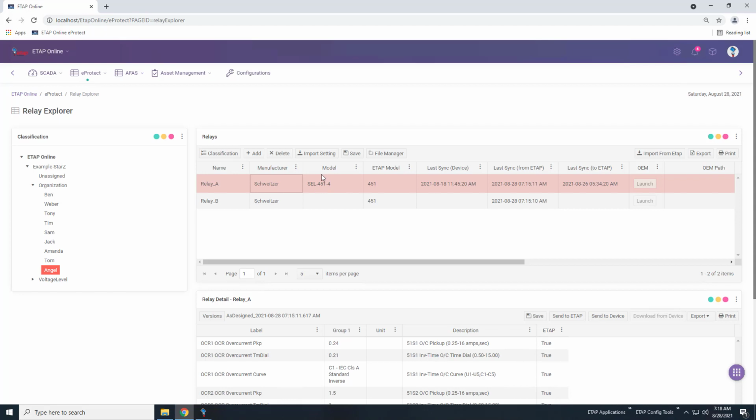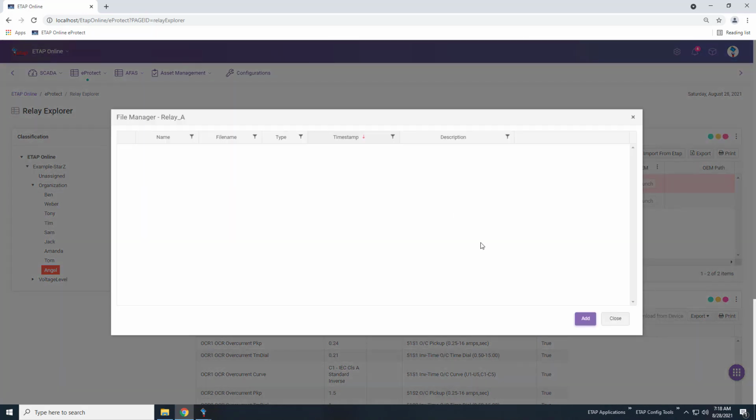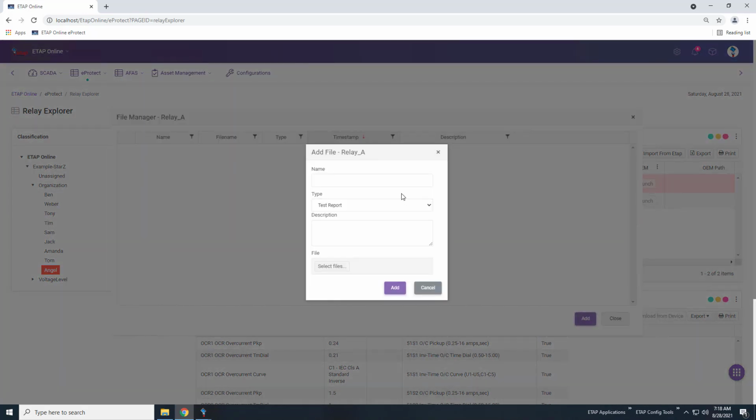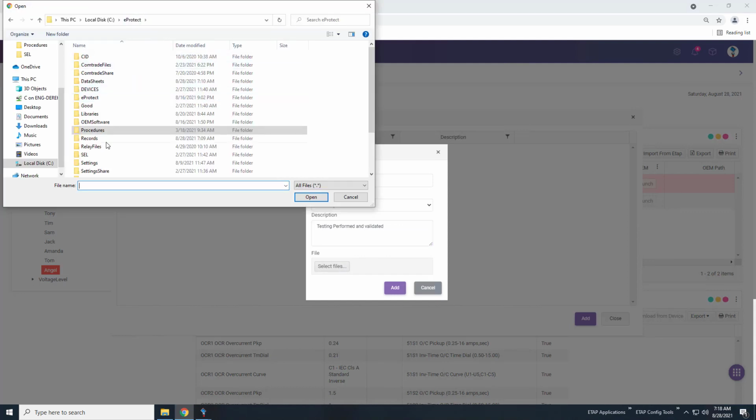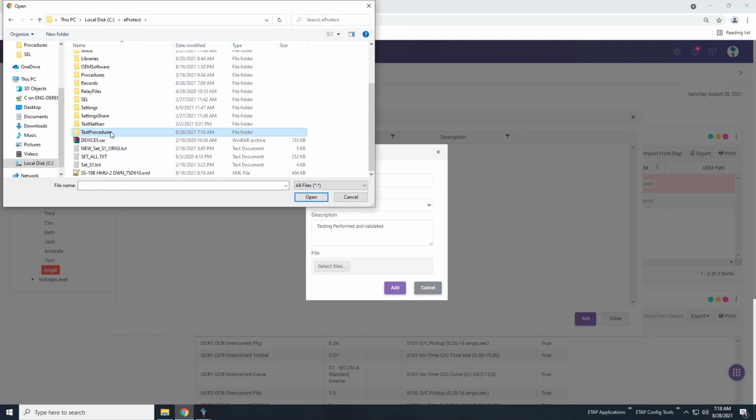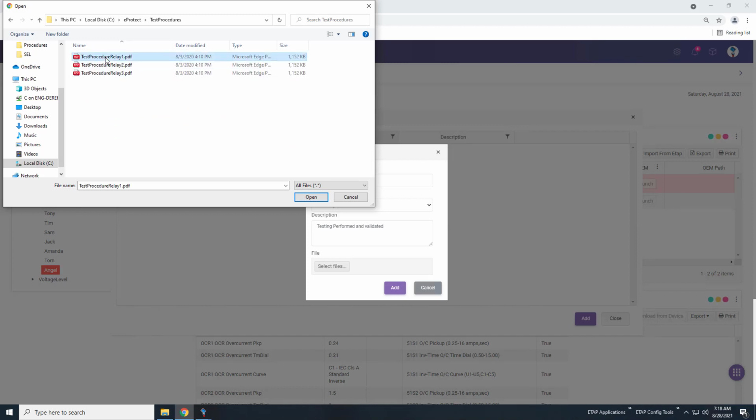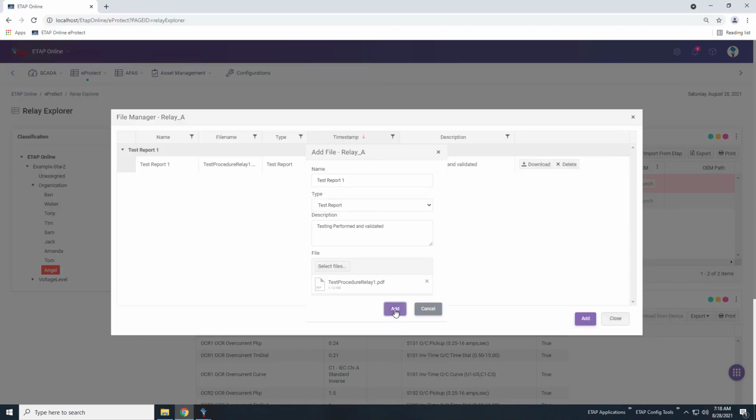Now when I select the relay, we can see all the critical information about it and import files. So here I'm going to import a test report to that relay. This is something that has been done in the past, and a PDF file has been created, whether you're testing through a test device or you have your own other procedures for testing. Regardless, we can import as many files as you like, or a zip file to validate and be able to